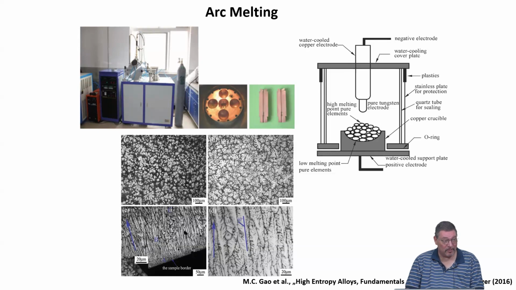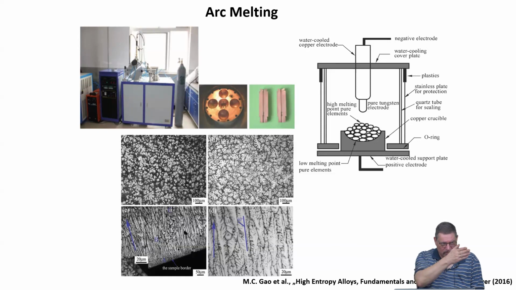This is a very common problem, yes, that the copper diffuses into the material because the copper is water cooled. But if you go to very high temperatures of your ingot, if you are melting high melting point materials, you will not prevent copper going into the material because the heat cannot be taken out so quickly. Then arc melting is really a difficult problem. If you don't want to have copper in your material, it's very difficult to prevent. So for me, that method is good up to the melting temperature of iron maybe, but if you go higher, it is very difficult.